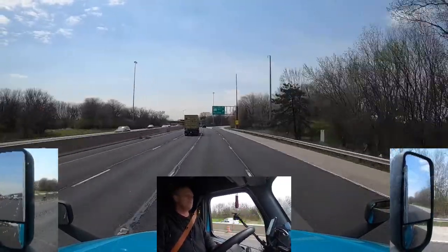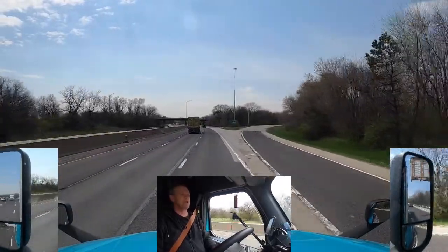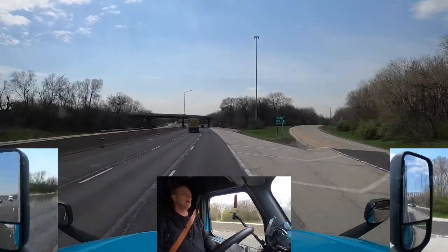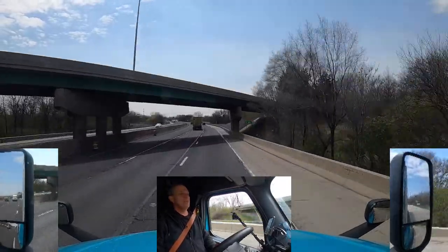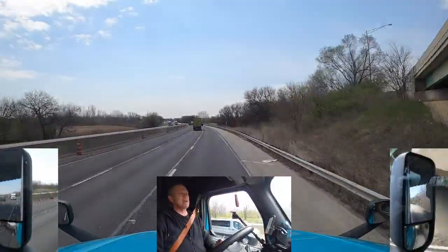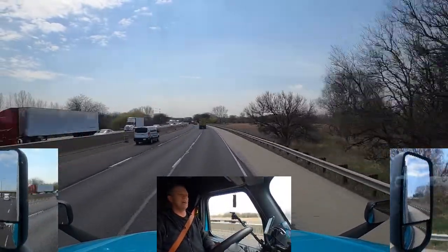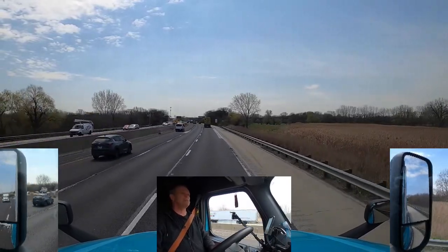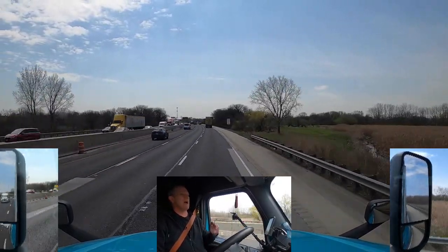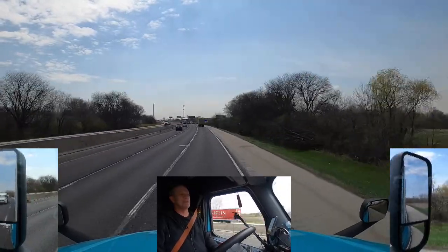So I proceeded, did exactly that, and picked up my trailer. I won't say what's in the trailer, but it is liquid, and it is very heavy, so it's 42,000 plus pounds in the trailer. And unfortunately, their dock area and all their asphalt and stuff is extremely pitchy. It's uneven, it kind of undulates all over the place. And anybody that drives knows that when you are trying to close doors on a trailer that has a lot of weight in it,